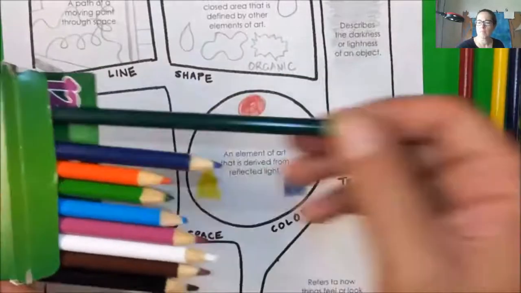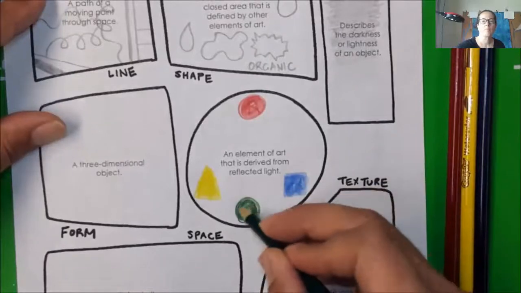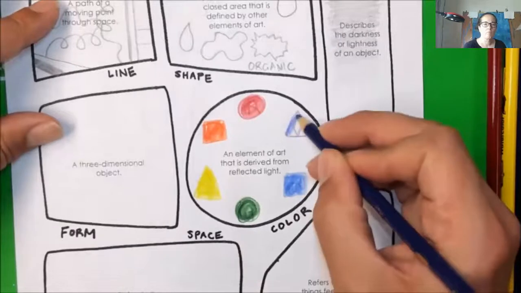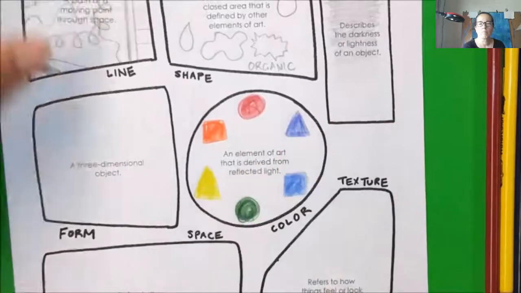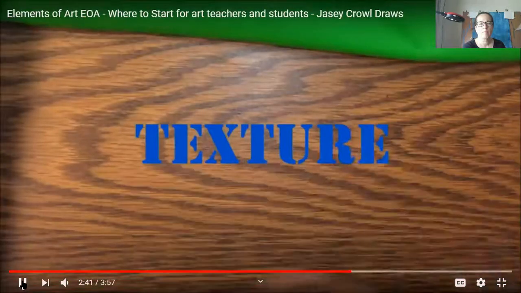Next, we're going to pull out our secondary colors, orange, green, and violet. Yellow and blue mixed to green, red and yellow mixed to orange, and blue and red mixed to violet. And these create all the other colors, but they have to be in this order or it's not correct. Texture. Let's look at this table. It looks